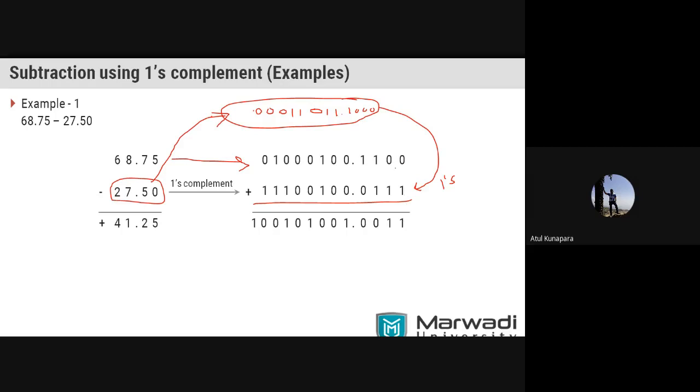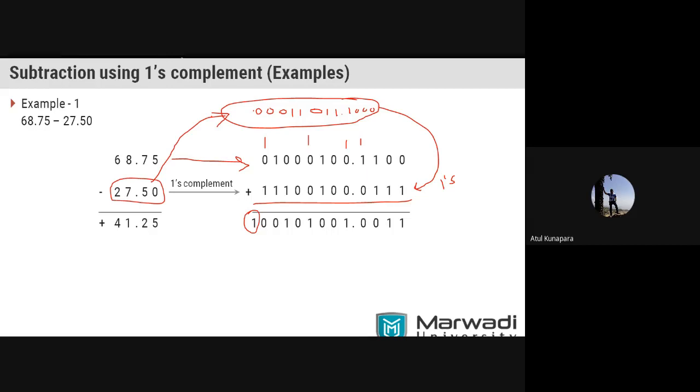So if you do the binary addition, you will be getting this one. 0 plus 1, so it will be 1 here, 0 plus 1, 1, then 1 plus 1, so here it is 0 and 1 carry over here, then 1 plus 1, it is 0 with 1 carry here, so 1 plus 0, it is 1 here, 0 plus 0, 0, 1 plus 1, it is 0 with 1 carry over here, then 1 plus 0, it is 1, 0 plus 0, it is 0, 0 plus 1, it is 1, then 1 plus 1, it is 0 with 1 carry here. Now 1 plus 1, your answer is 0, but with 1 carry. So at last you are getting a carry over here.